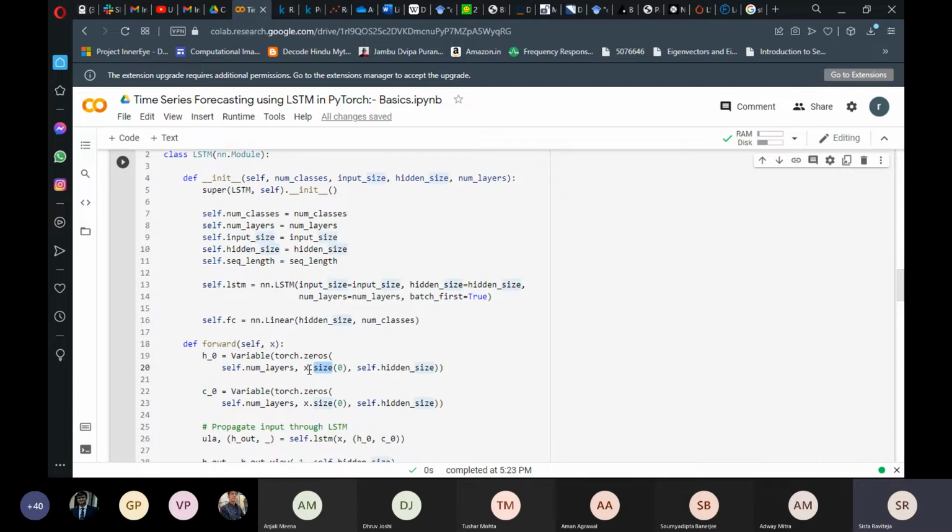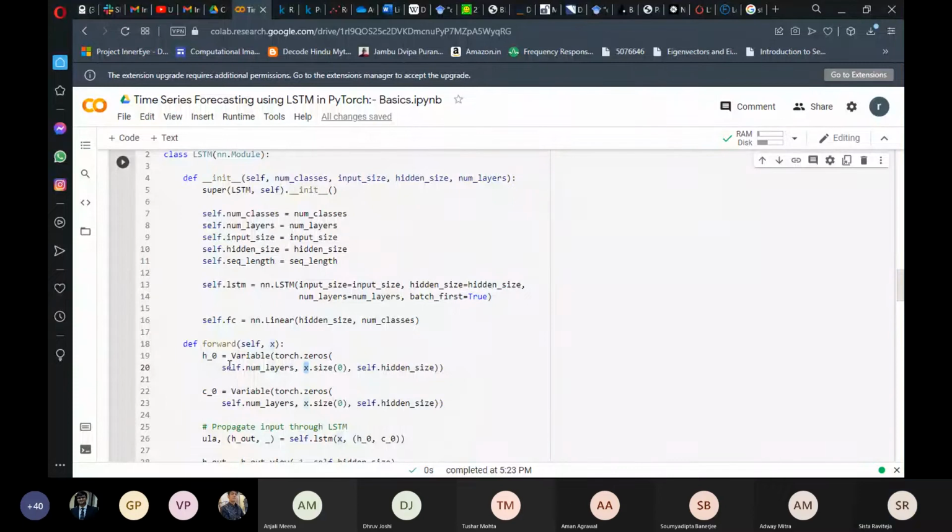Now, why we did this is, when you chunk your data into smaller batches, it is not guaranteed that your batches are even, of equal sizes, in the entire training data. So instead of giving a constant number here, when you initialize this based on the input batch size that this particular forward function receives, it automatically adjusts and you won't get any error.